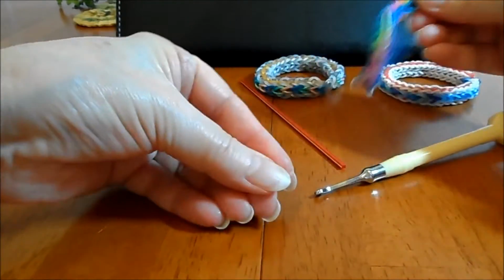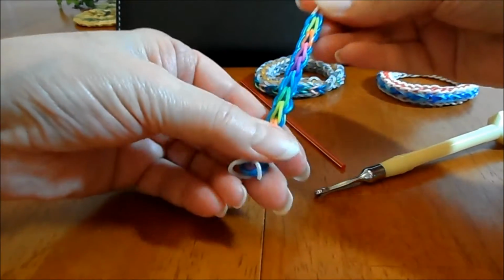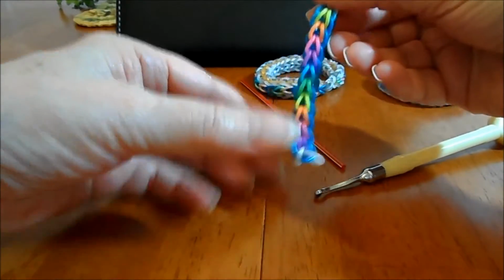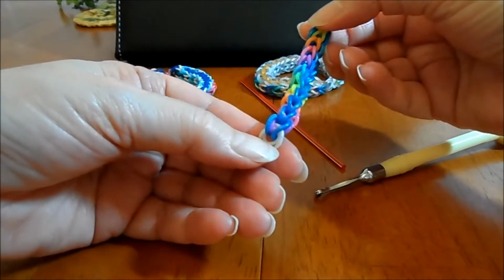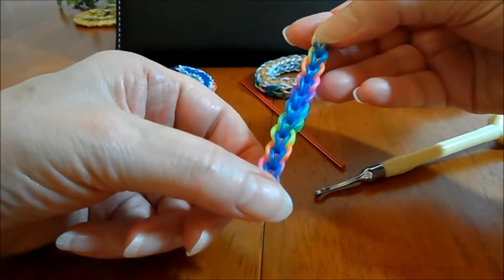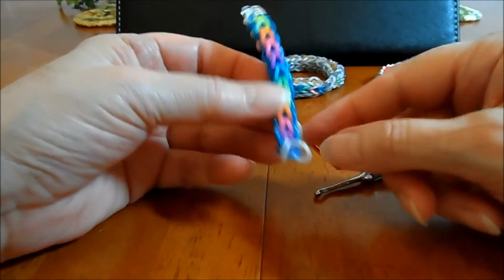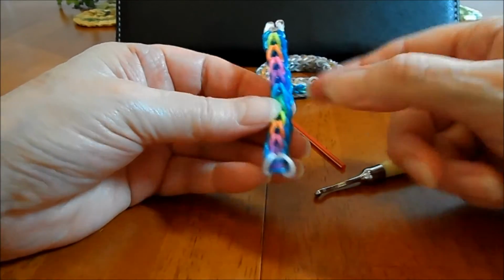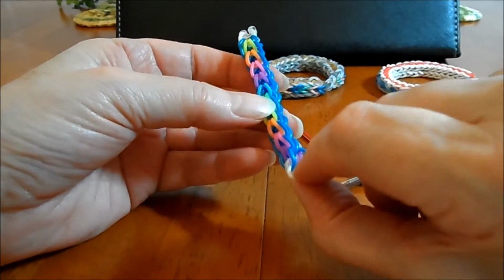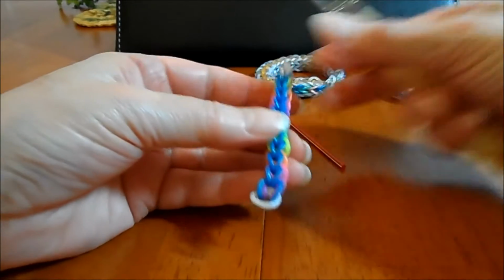Okay, so that's the first step. And this is kind of cute all by itself. But this is the top bands, and that's going to be the side bands. Okay, and then the next step is you'll now work on one side, and then you'll work on the other side. So we'll start on one side,